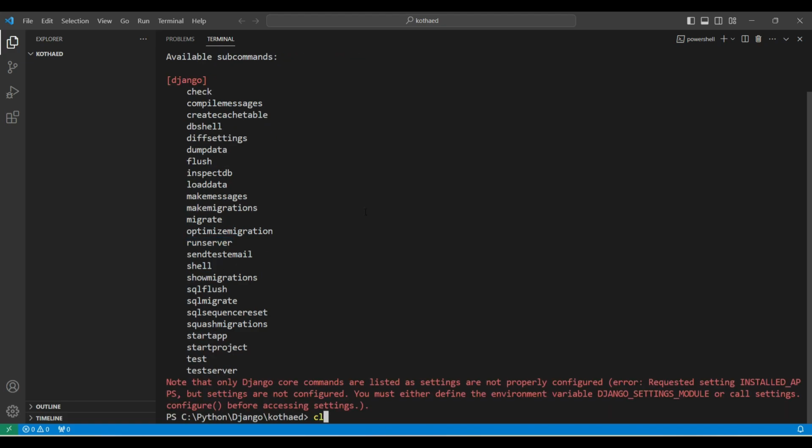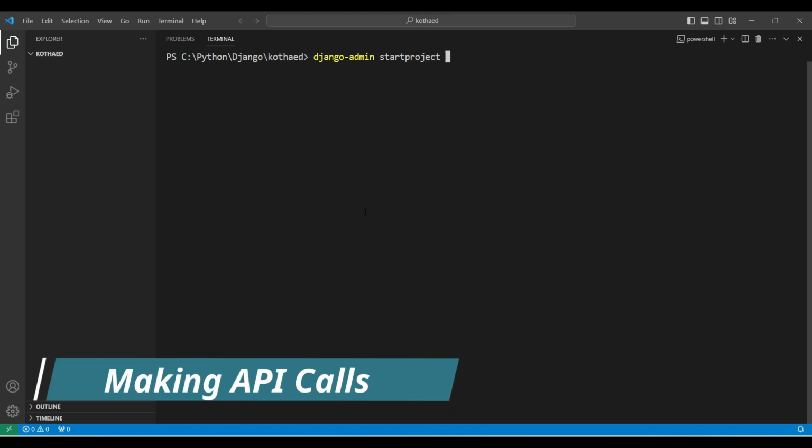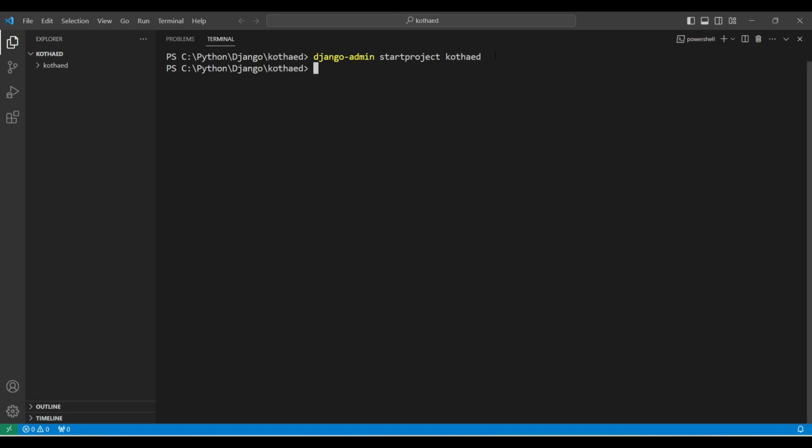Now let's set up a project. Django-admin startproject. Let's give the project name as Kothayat, our YouTube channel name. Once I press enter, it has created a folder called Kothayat. Inside that folder there is a subfolder called Kothayat, and here I can see a couple of files: settings.py,